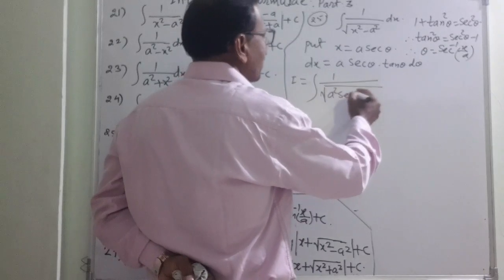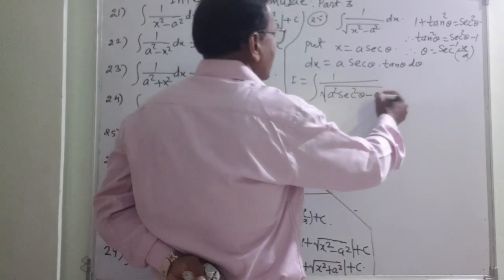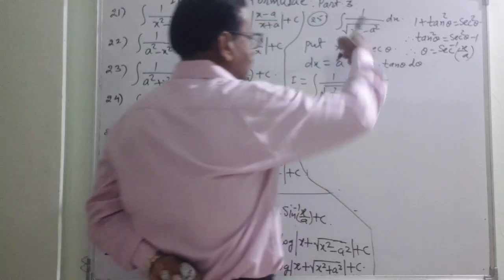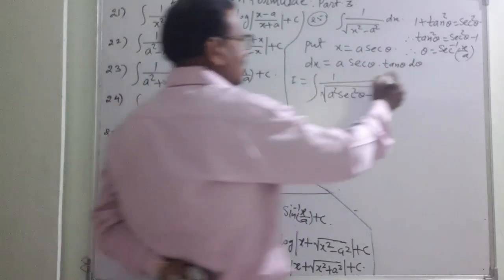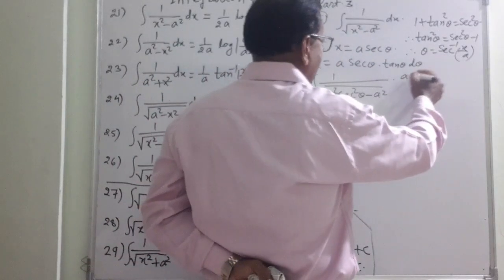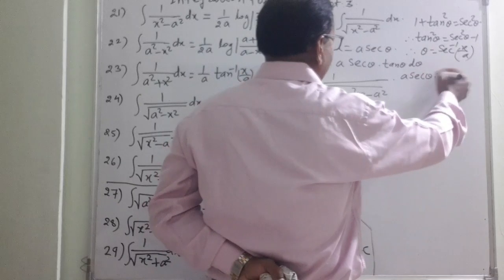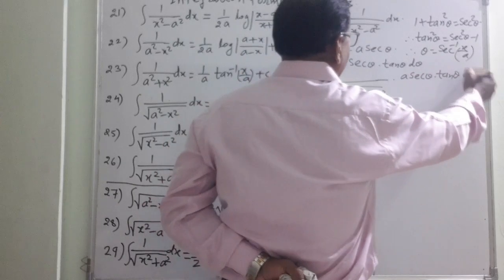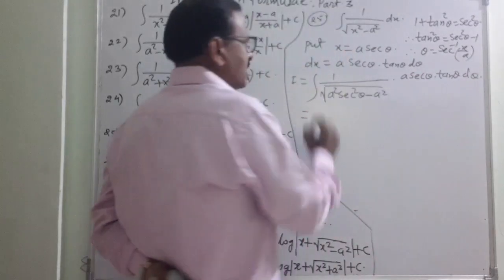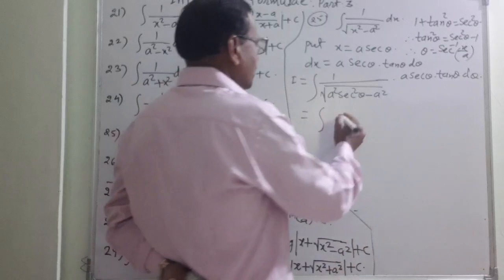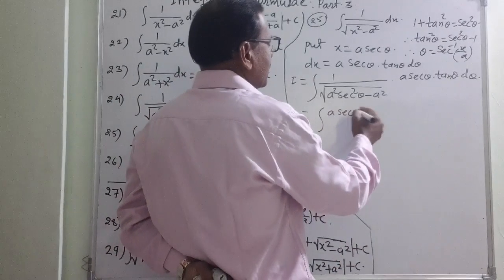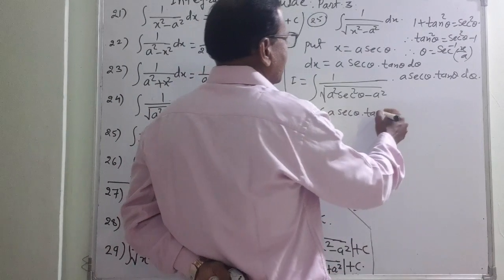A square sec square theta minus a square. dx is what? a sec theta tan theta d theta, that is equal to a sec theta tan theta d theta